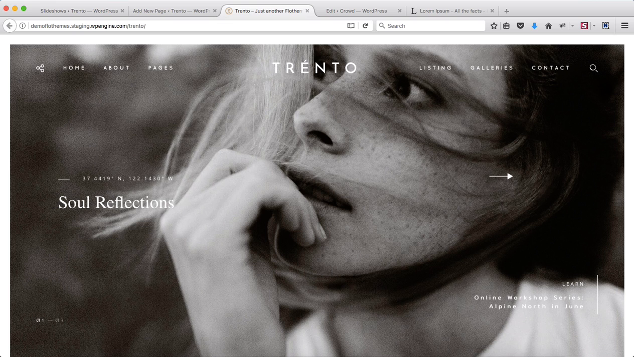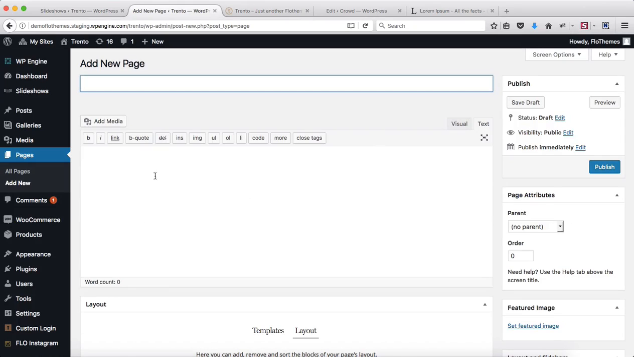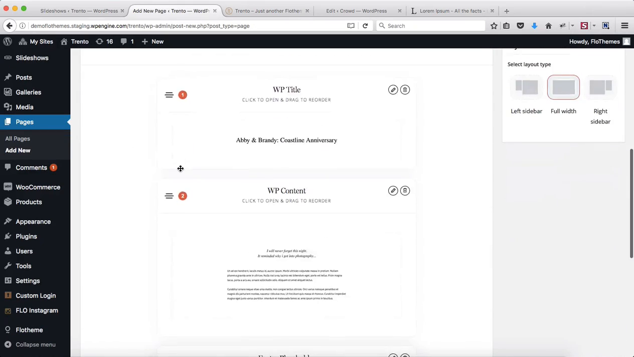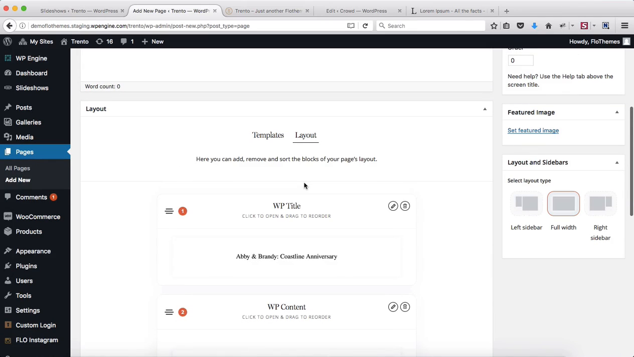Hey guys, so I just want to take a few minutes and show you the different areas where you can use slideshows besides just the top section of your website. So let's head on over to Pages. We'll click on Add New, and here I have just the first default page template that comes up